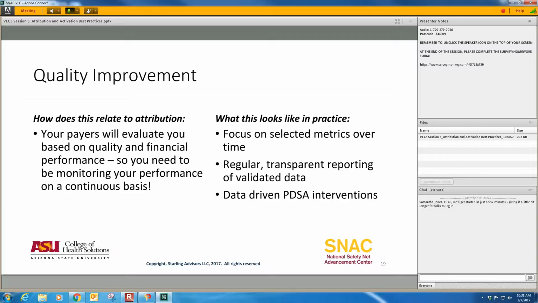And then when you combine that with behavioral health comorbidities and issues of chronic disease